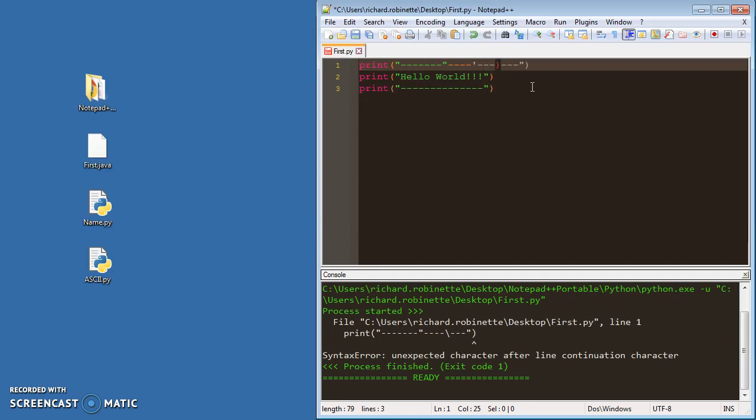Parentheses are also special characters. So if I put any of those in my ASCII art, it's actually going to screw everything up for me. So what I want to do is,